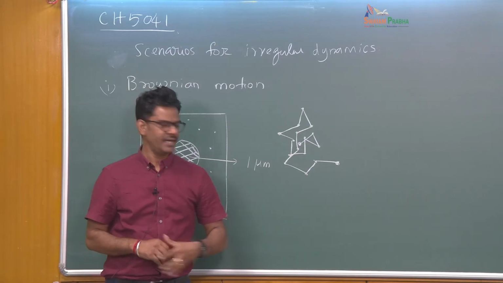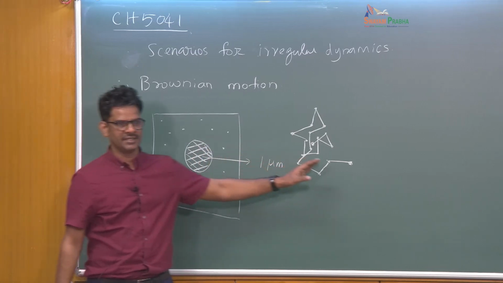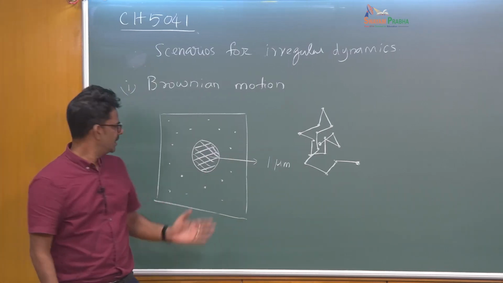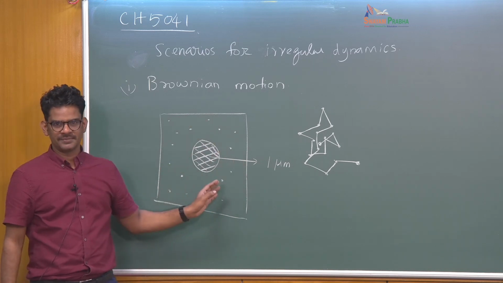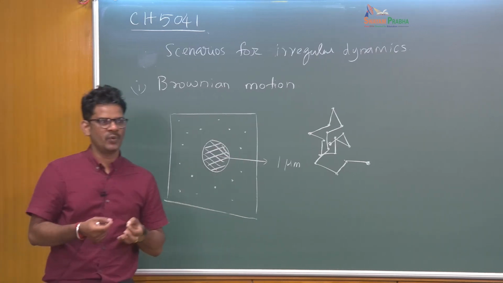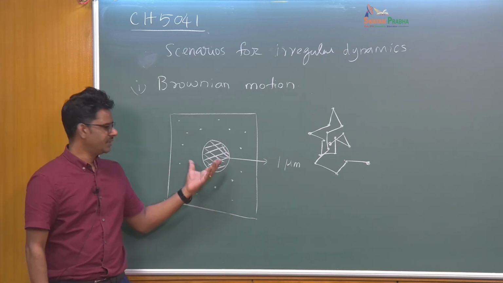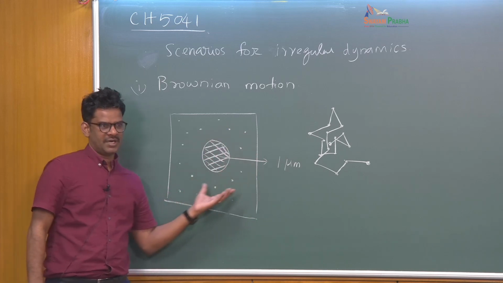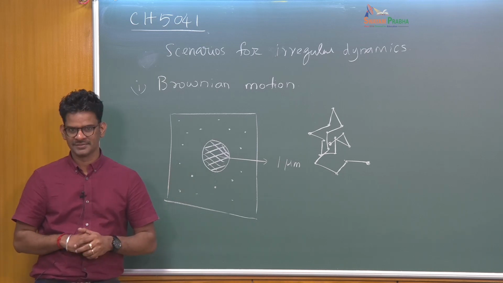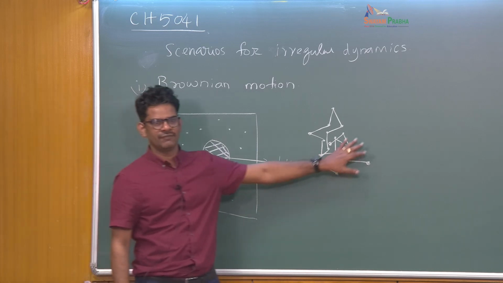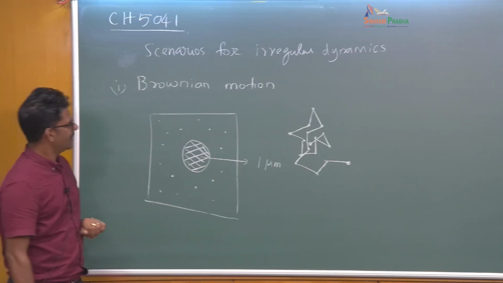Now, the reason why this exhibits such behavior is because we are looking at the dynamics of one particle whose dynamics is affected by incessant, independent collisions of many solvent molecules. So, this is one scenario where the stochastic behavior, the irregular motion, comes about: whenever the dynamics of this particle is influenced by a sum or net effect of many independent events. That is what gives rise to this kind of Brownian motion. This is one scenario. I can give another scenario